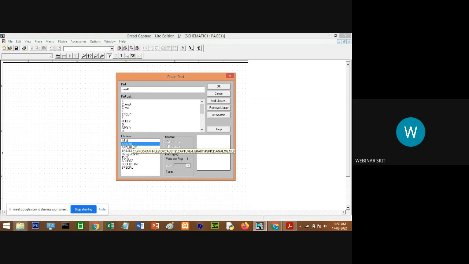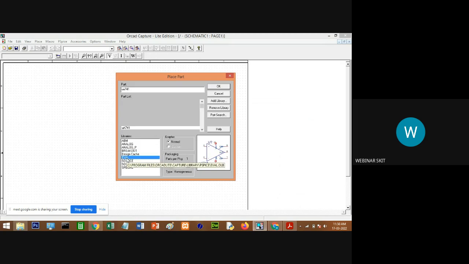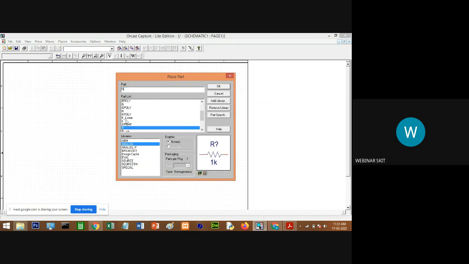It may be in analog, analog_p, breakout, design cache, or eval. Yes, it is there in eval. Like this you can search one by one, or if you know the library, just select that library and type the name of the component. You will get that component preview here. Check whether this is the component you require. If it is, click OK and